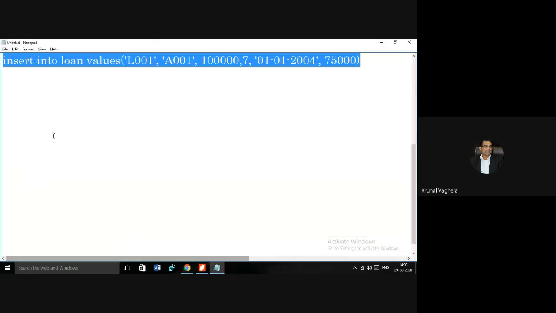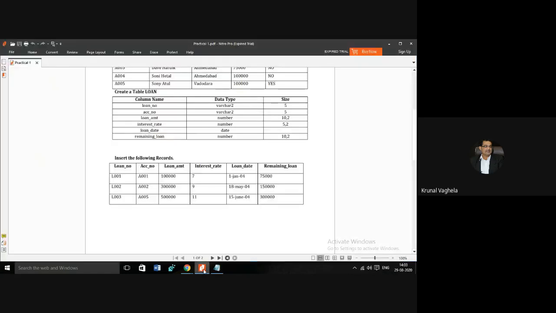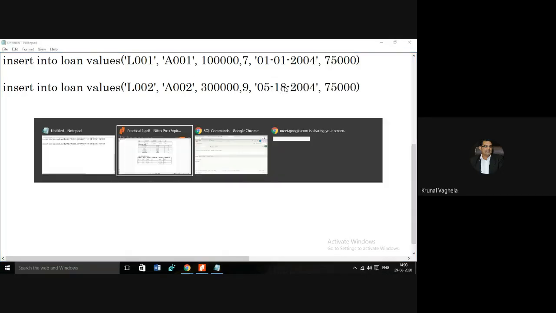One row inserted. Let me insert the second row. L002, A002. Loan is 3 lakhs. Now I remember all the data. Interest rate is 9. 18th May 2004, so the month will come first: May means the 5th month, and date 18th, and 2004.